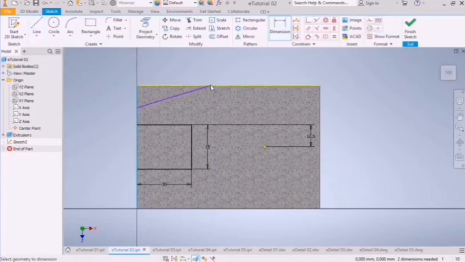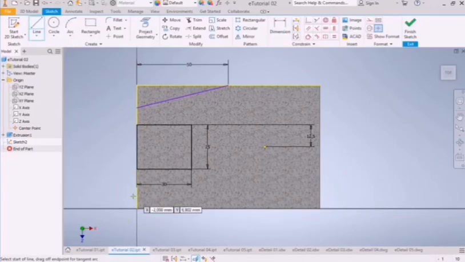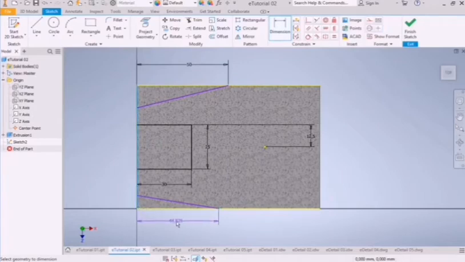Then from here to here, it's 50 as specified on the question paper. It's either we can use the mirror command, but we want to draw it. That one is 50,